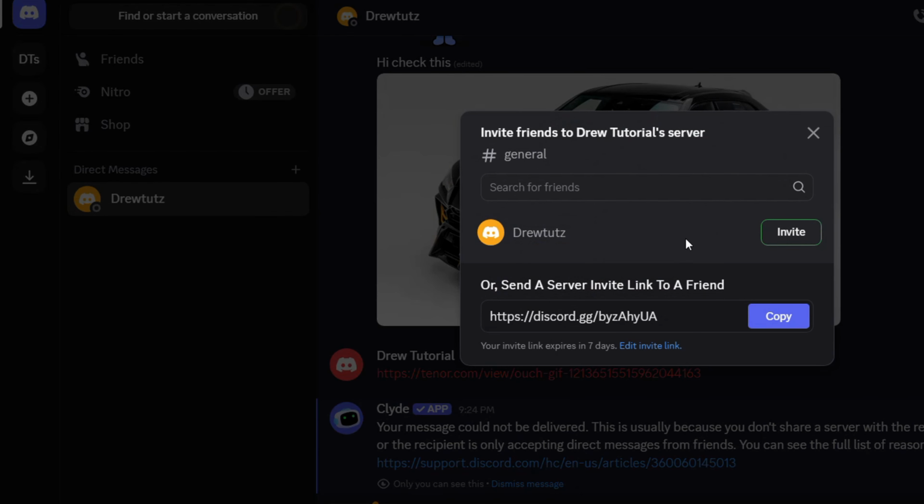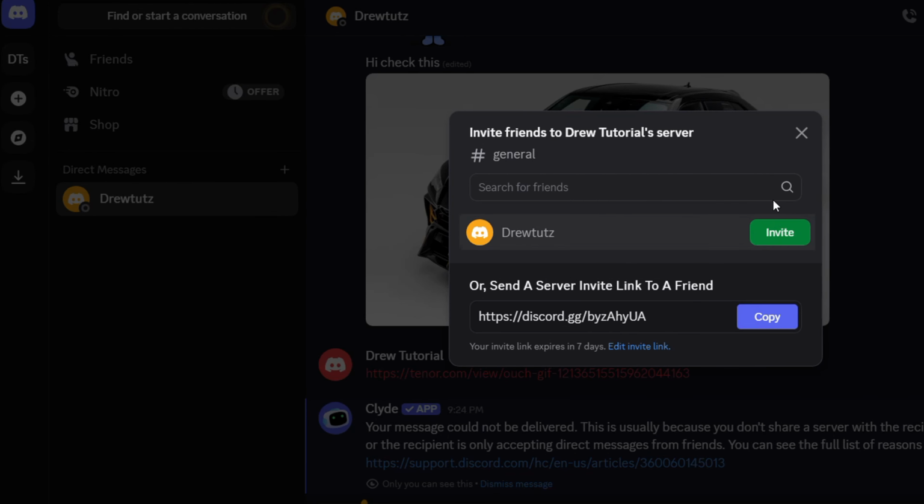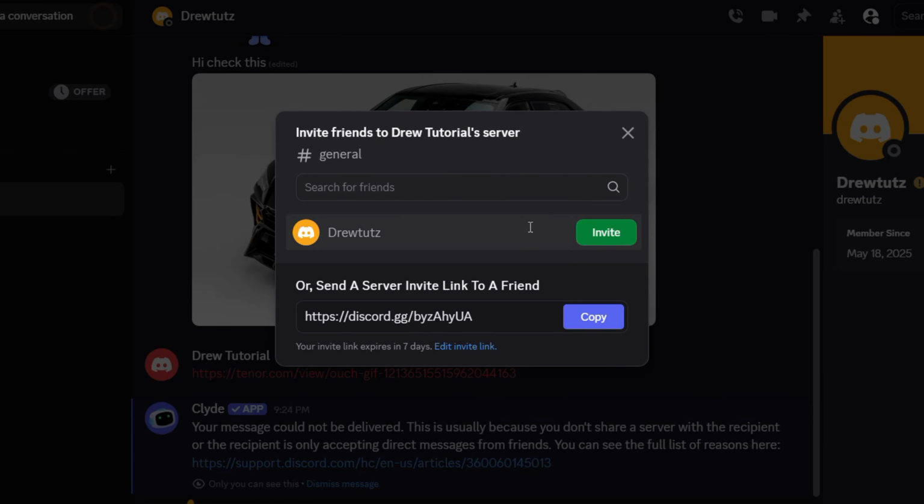Once you click on invite people, you can start to invite the persons that you want, or the frequent people that you speak to, or if you know somebody, you can simply search for that person by their username, and it will start to populate. Find them, and you can invite them. Now if you want to customize this a bit before sharing this link, below the link you'll find